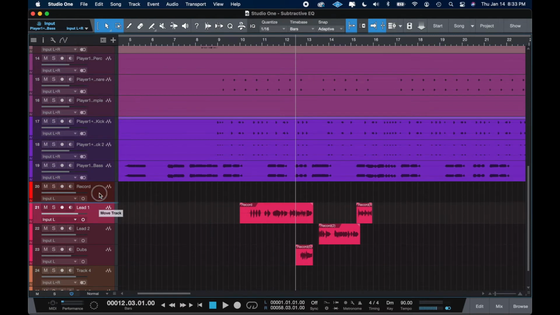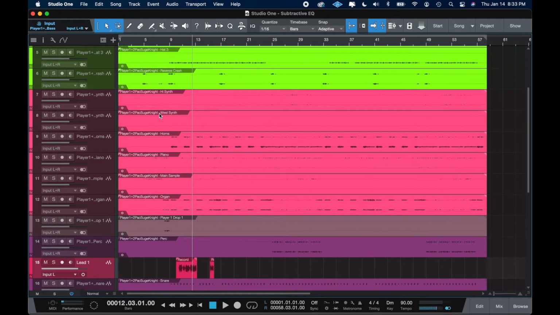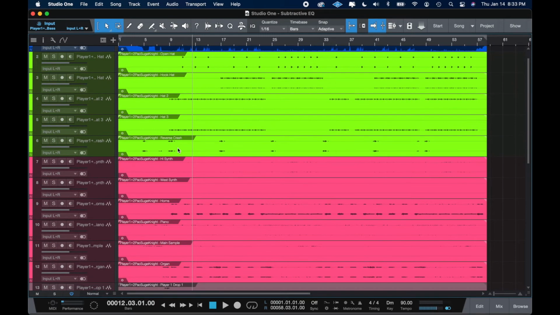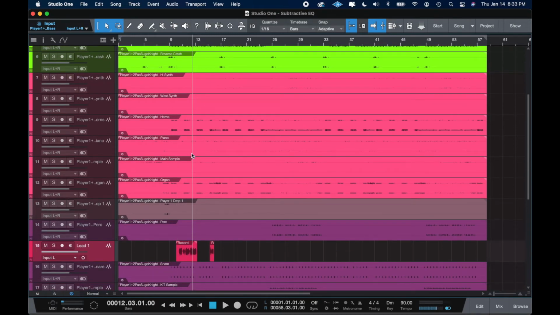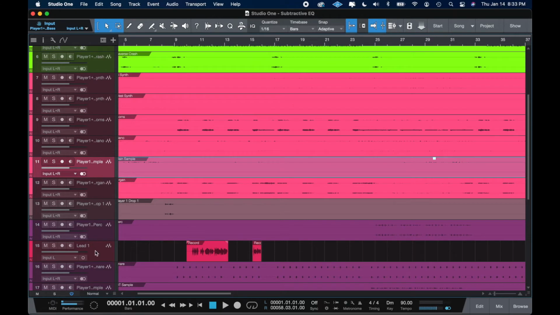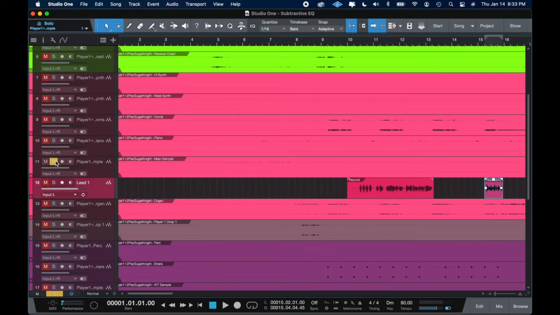So you got your lead vocal. Let's drag this bad boy up. Let's go ahead and find the main sample of the song, the meat and potatoes. So we got hats, we got synth. So I already know this is my meat, right? Main sample, because we made it pink. Let's go ahead and drag this bad boy up. So now,